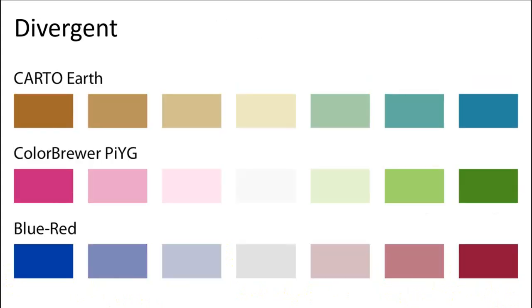For divergent color ramps, again, neutral colors in between and then diverging in 2 different directions. It's kind of like 2 sequential scales stitched together at that neutral point. So just be careful not to impart bias. Like I said before in the original set, be aware of the intuitive meanings of the color, and be aware that the luminance changes. These should change in color, but they should also build in intensity as you move away from the neutral